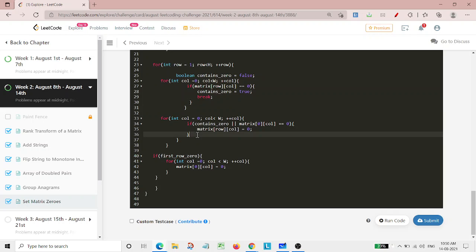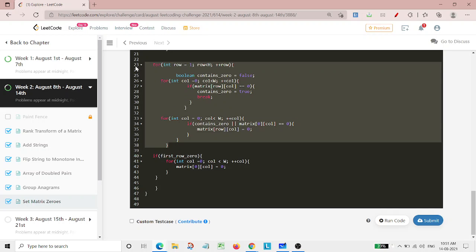Now we enter the next loop, where we check if our row or that particular column was 0, then we mark that cell as 0, and we do this till the end of that column. We repeat these steps until we reach all the rows of the matrix.